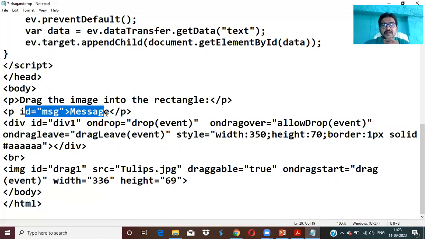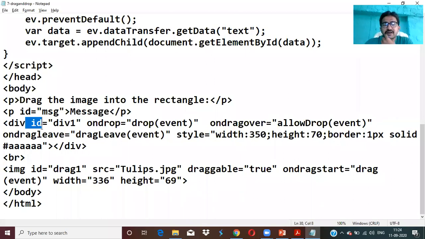That will be told by the ID. ID equal to msg. Based on this, initially it is a message, once I select the image it is drag started, once I go onto the rectangle, drag over, and once I drop the image into the rectangle, it is dropped. Like this it has to update, at the position of ID equal to msg.